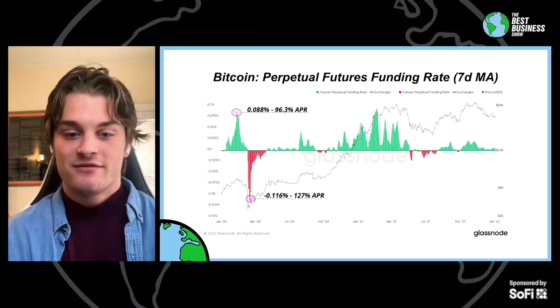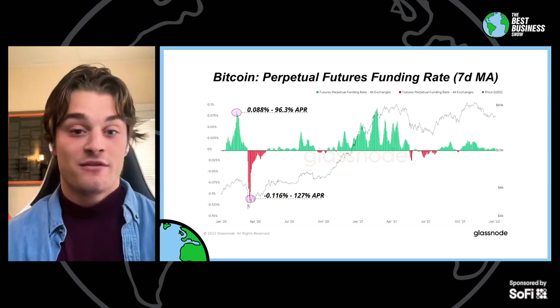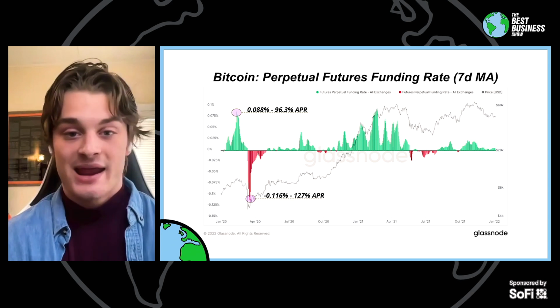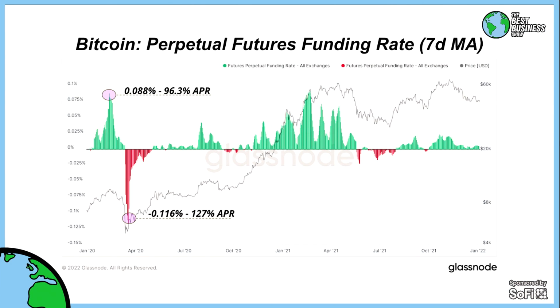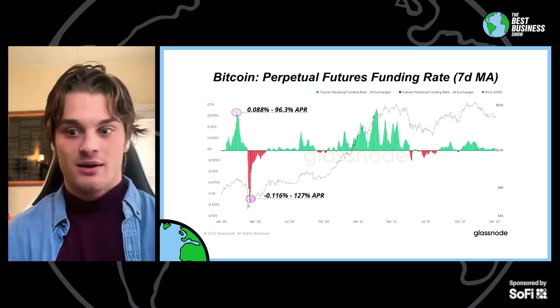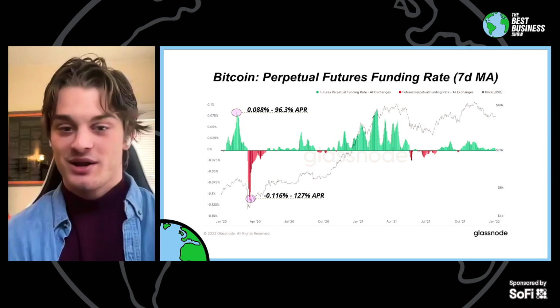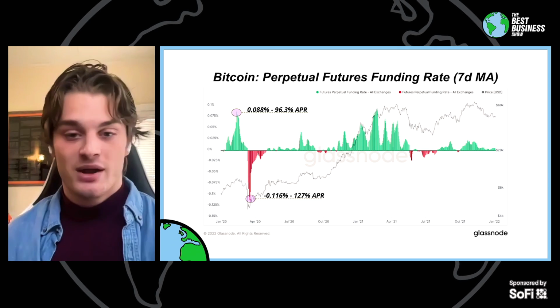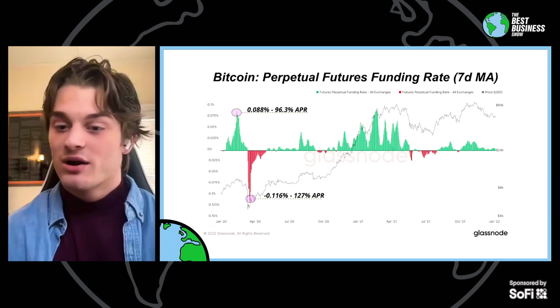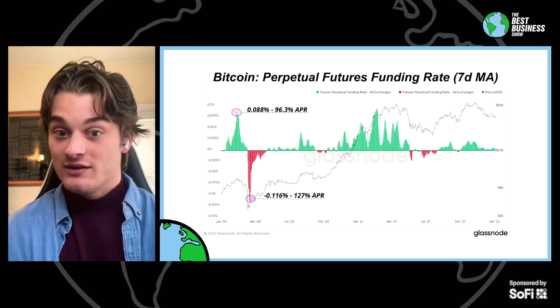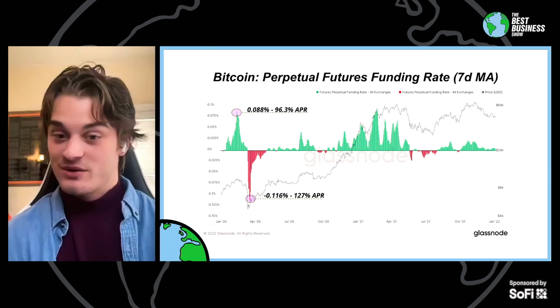At the beginning of, say, February of 2020, the funding rate every 8 hours was 0.88%. But on an annualized basis, that was 96%. So what does that mean? It was saying, over a 7-day period, longs were paying shorts 96% to hold their position, right? So essentially, if you were just a market participant with some Bitcoin, you could just go short Bitcoin with just a small percentage of your stack, just be market neutral if you wanted to, and you could harvest a 96% yield in the Bitcoin futures market, right?